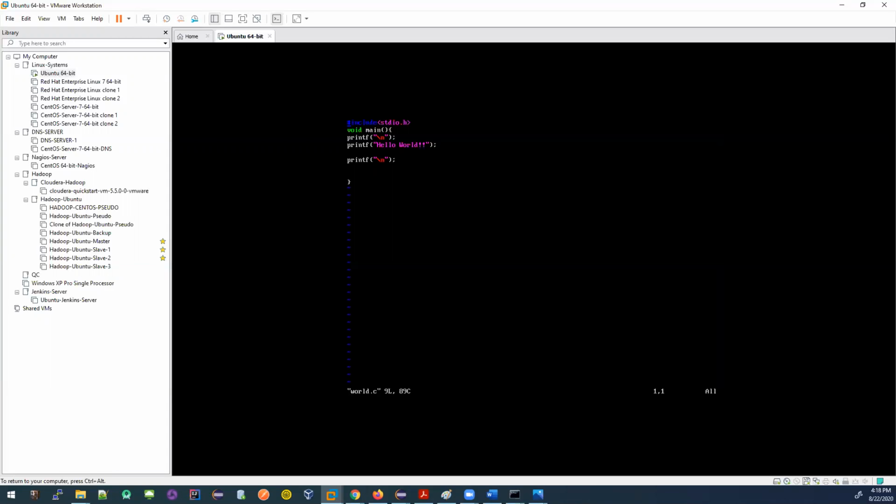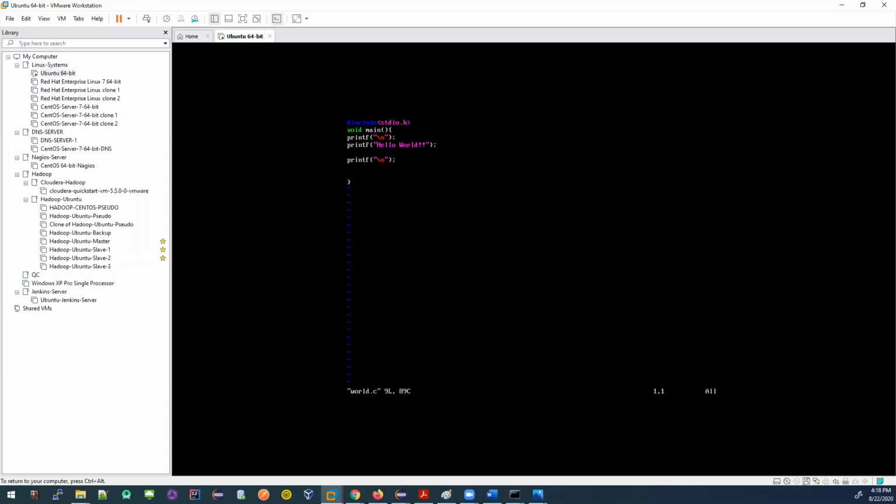This is code written in the C programming language. What I'm trying to achieve from this code is to print out some string called hello world. Very simple, I just want to print it.